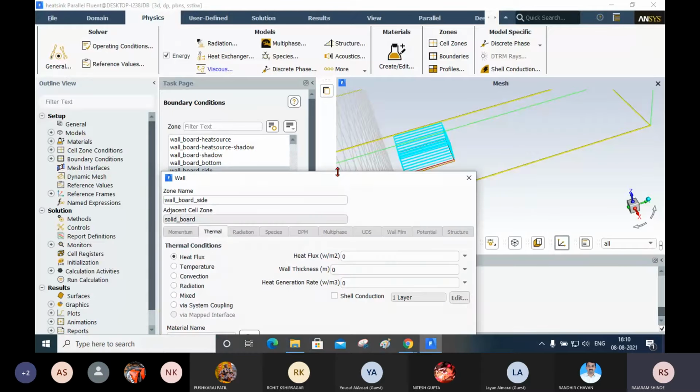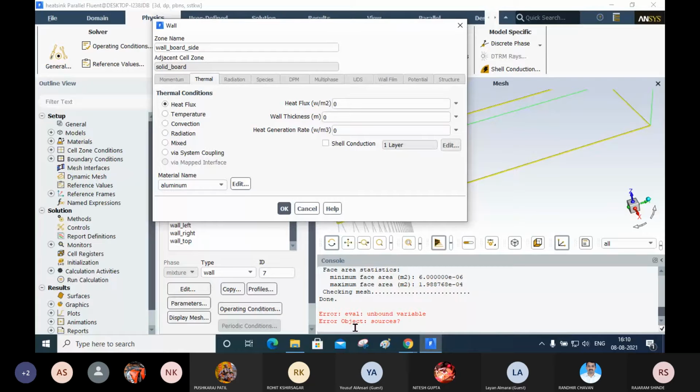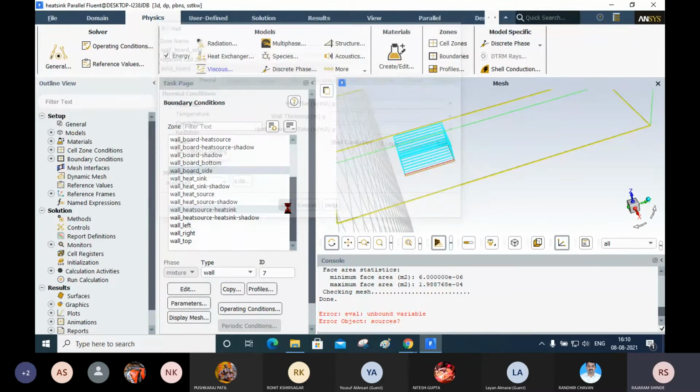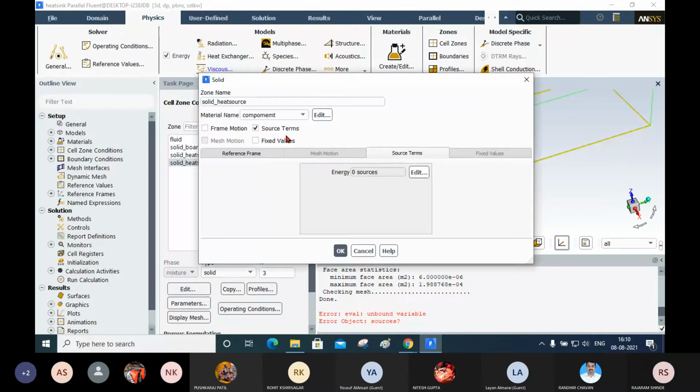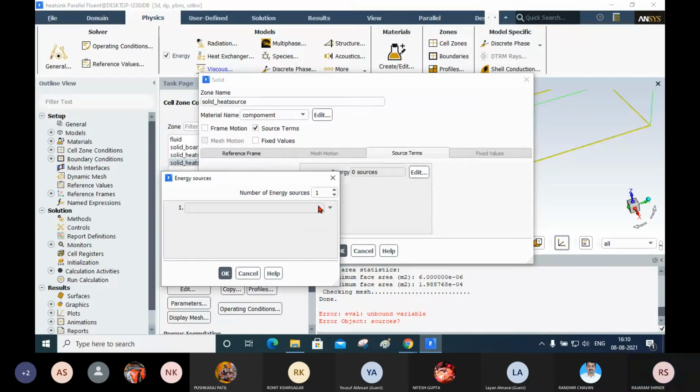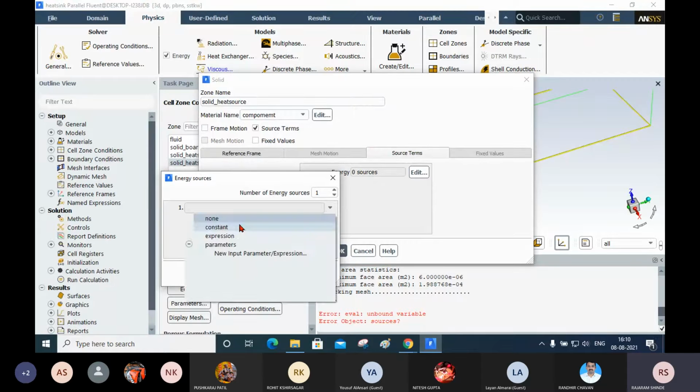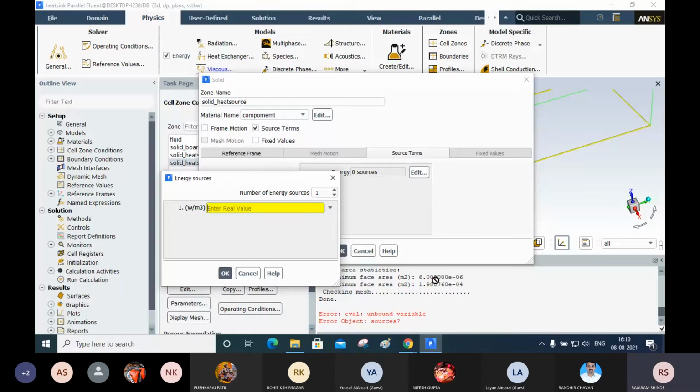Okay, one error is there. Okay, we'll check it. I will go to the cell zone, heat source, edit. Okay, heat source we have added, no? How much value have I added?